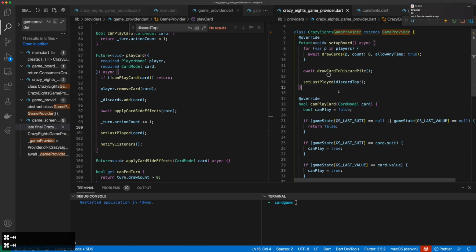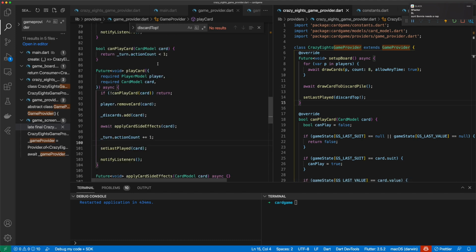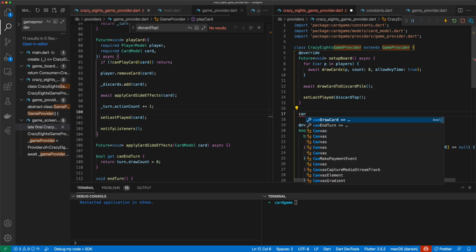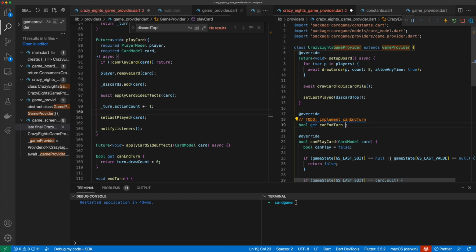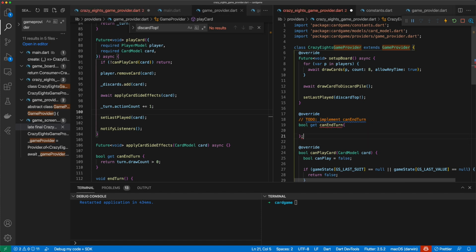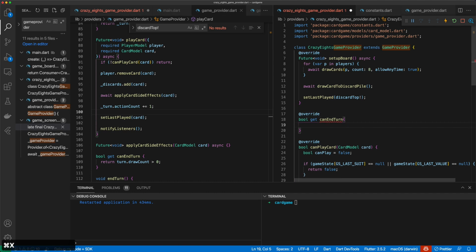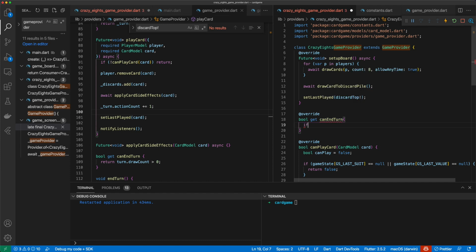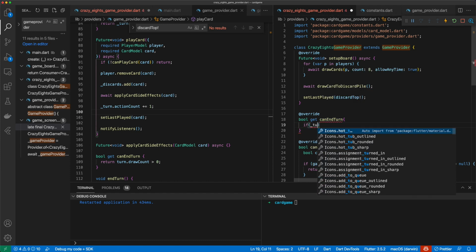Okay, we also need to override some other stuff. So can end turn, for instance. Currently our can end turn, and I should be able to just go can end turn, boom. And we'll just turn this into a normal function. So in Crazy Eights, what are the rules for ending your turn? You need to either at least have drawn a card, or you need to at least have done an action, meaning playing a card. So what we can do is we can go if turn,